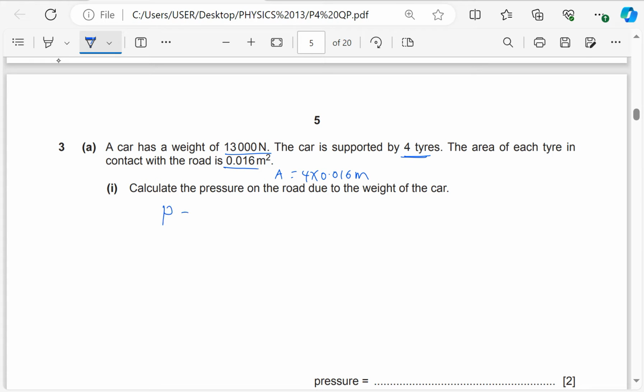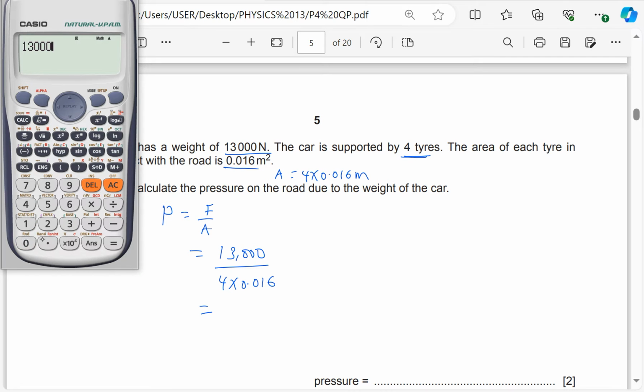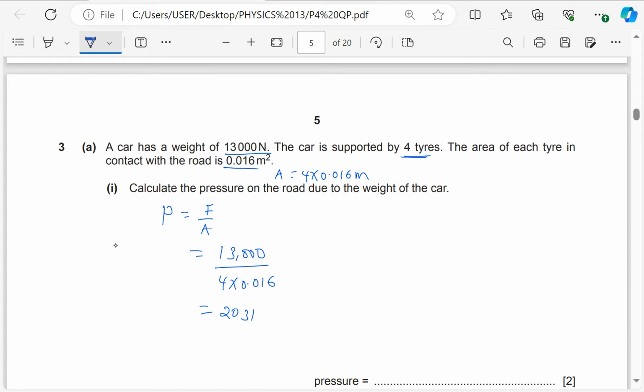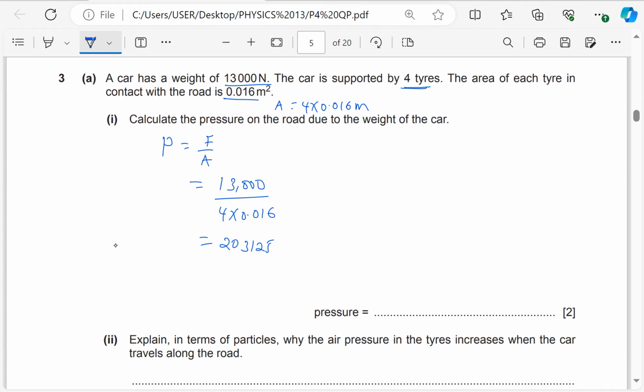Okay, so the pressure is equal to the force over the area in contact with the road. The force is 13,000. The total area is going to be 4 times 0.016, which is going to give us 13,000 divided by 4 times 0.016. So this is 23,125, or you can round this off to approximately